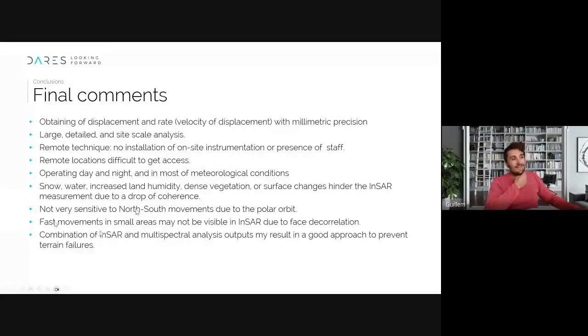And if we have fast movements in small areas, maybe they cannot be visible in InSAR, because we can lose the correlation. So finally, a combination of InSAR and multispectral analysis outputs may result in a good approach to prevent